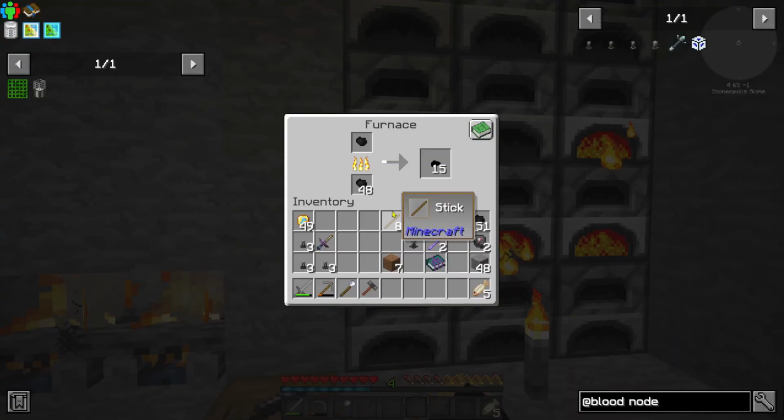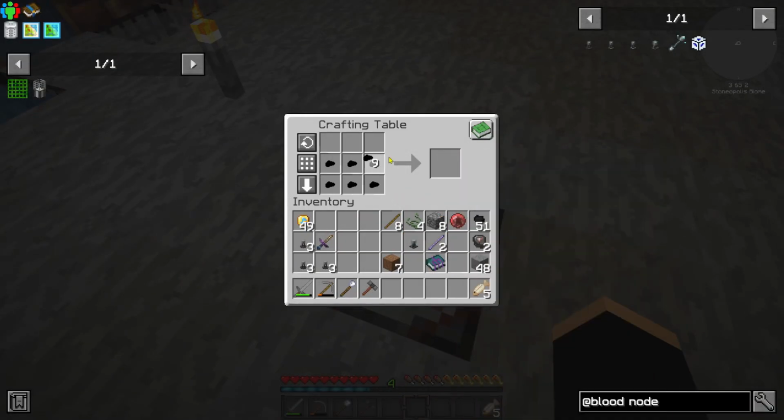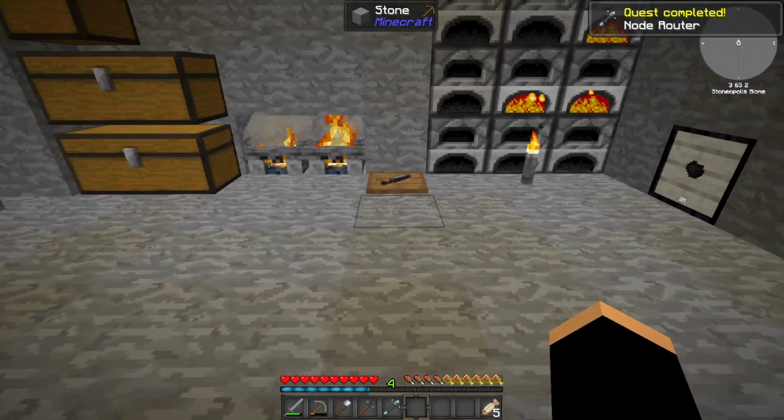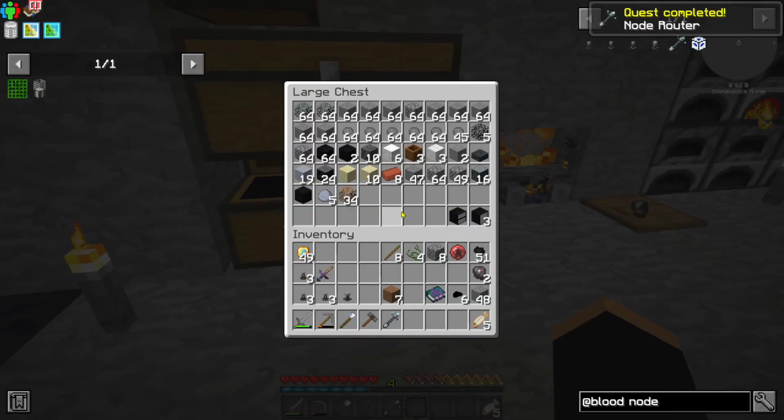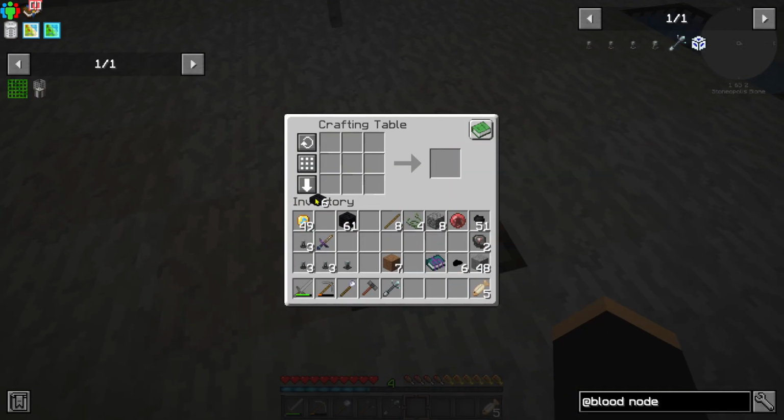Leave that one running, and we only need 1 ingot, don't we? So we'll need to do that for the routing node router. Right, so we need some wood. Let's create a couple of barrels, and then we'll set this up. Now, barrels are not necessary for this, but are certainly...